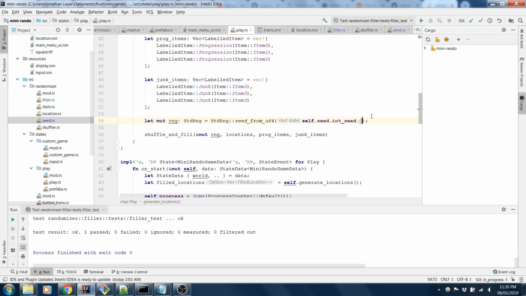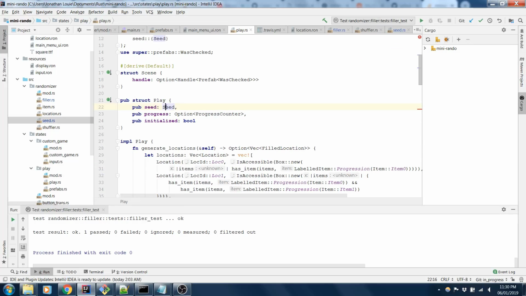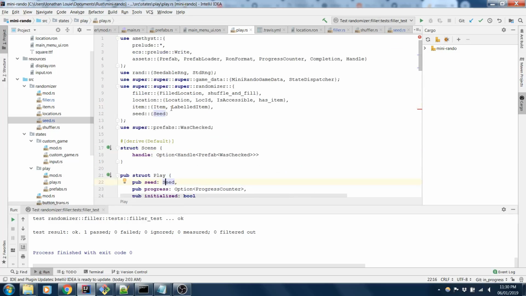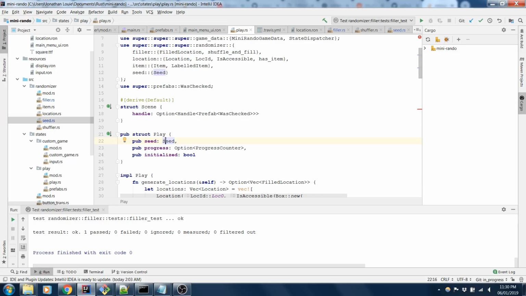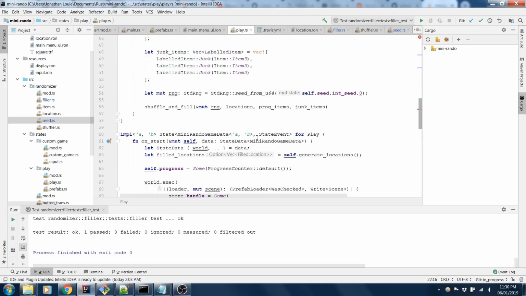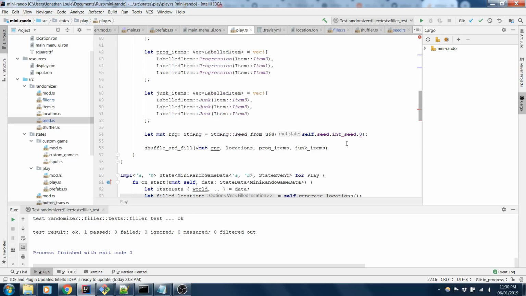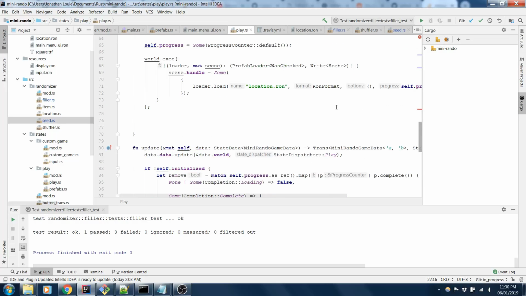Oh, this expects a seed. Oh, so this one should already have a seed. Okay, got it. So when you construct a play, it's supposed to already have a seed, and I'm going to have to refactor play and everything. I forgot about that. I think that's the next thing we're going to have to handle immediately up front,